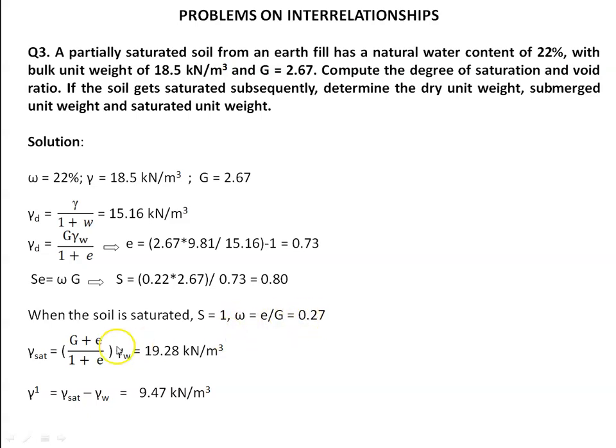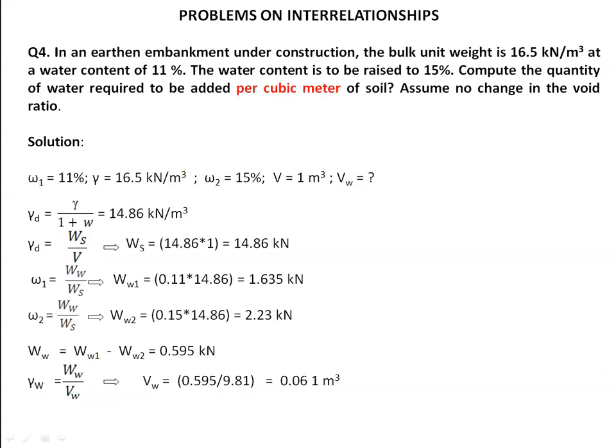Then the equation for saturated unit weight is (G + e) γw / (1 + e), so that we can calculate the saturated unit weight. Then submerged unit weight equals saturated unit weight minus unit weight of water, which comes as 9.47 kilonewton per meter cube. Then the fourth problem is, in an earthen embankment under construction, the bulk unit weight is 16.5 kilonewton